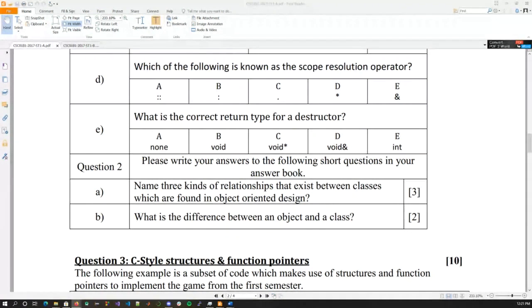Then part B, question 2, part B, class. All right, so basically an object